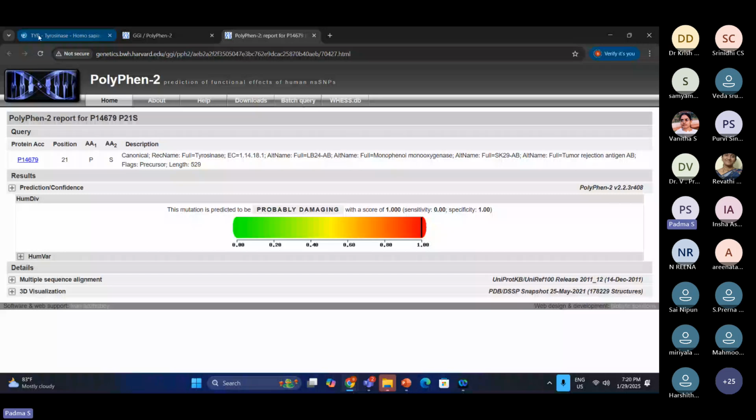Now, is the screen visible to all of you? There are predictions for positions 1 through 100. We have been looking at position 19, 21, where we have the proline. This particular position is going to tolerate only these particular mutations, which are given on this side of